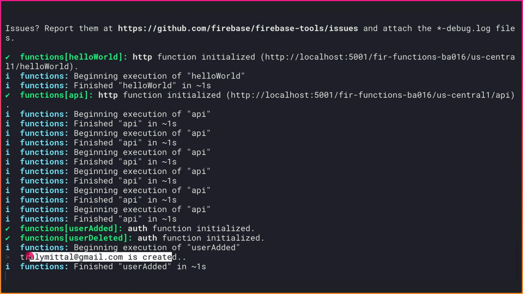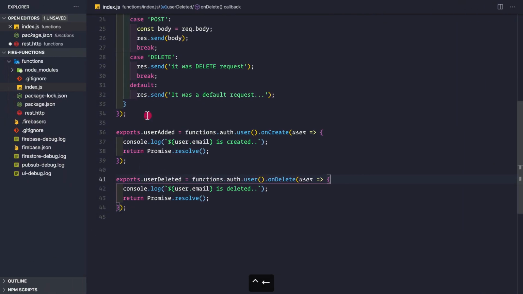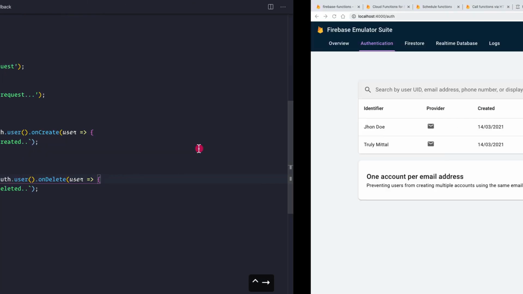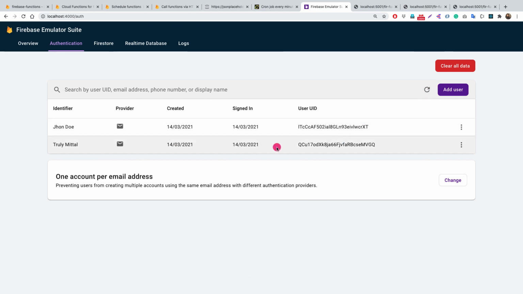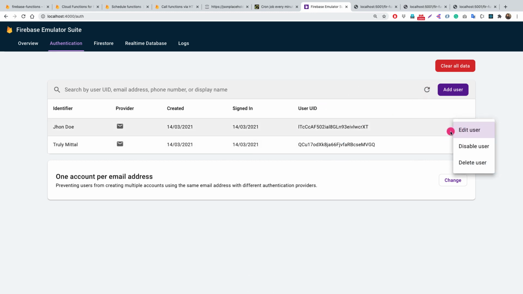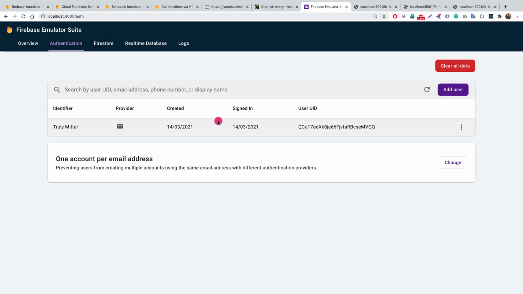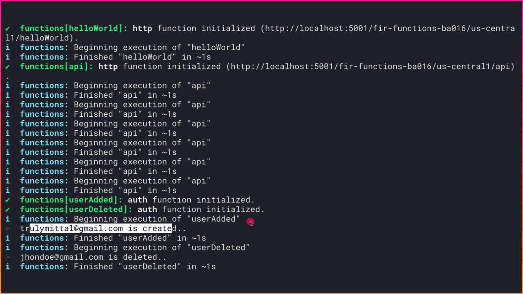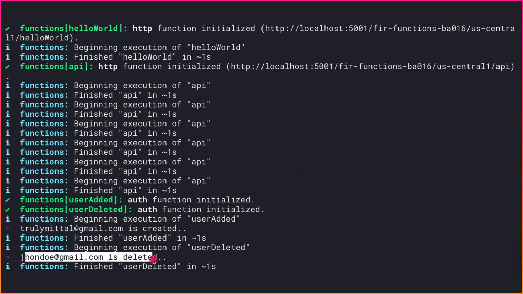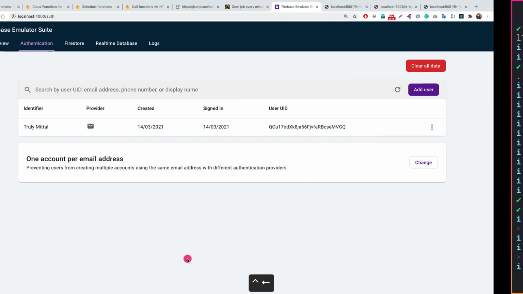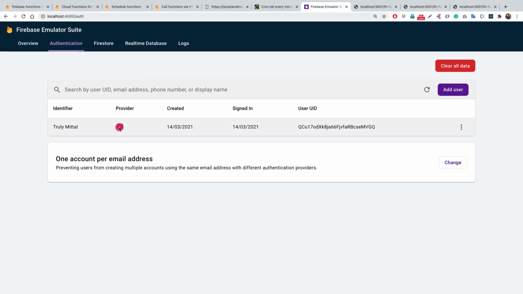And this is coming from this function here, that is user added function. So now let's try to delete a user. So let's try to delete John Doe. So let's simply click here and let's delete it. So let's simply click delete here. And if we go back to our terminal, we see that johndoe@gmail.com is deleted. And this all is happening locally on our system. But once we deploy the functions to our Firebase project, then these functions would also be triggered on your production